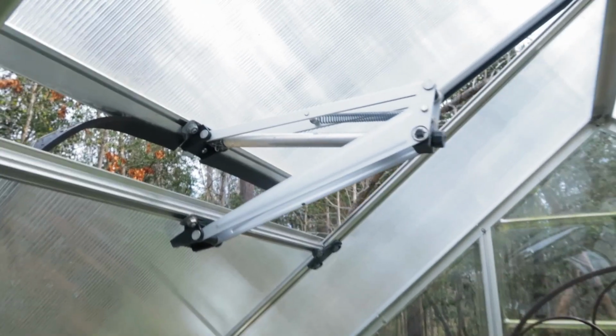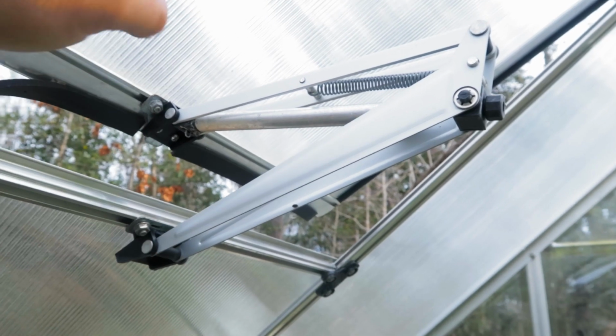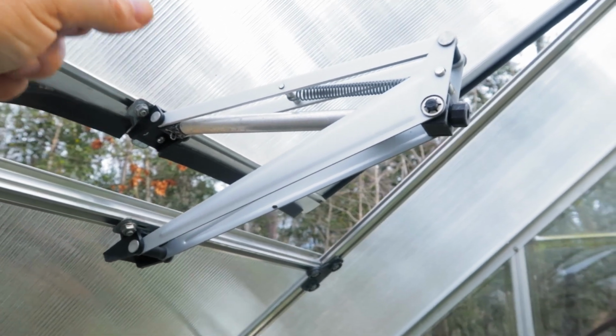Number one on my list is all about temperature. Temperature fluctuations are a bear, and they won't kill, but they will really hurt your harvest. And a simple upgrade you can do right away in the very beginning is a window opener. When you get the greenhouse, it comes with a manual one that you open yourself, and I replaced it